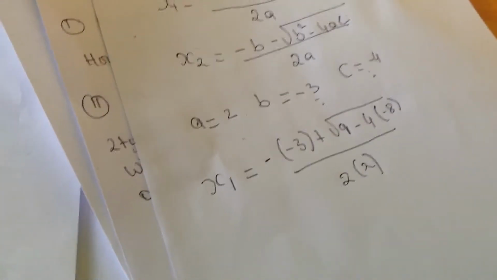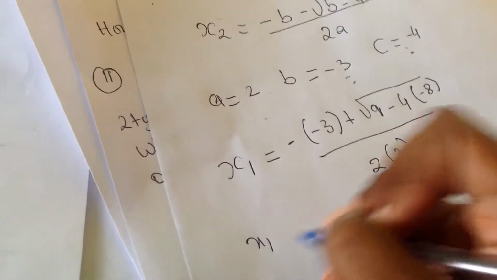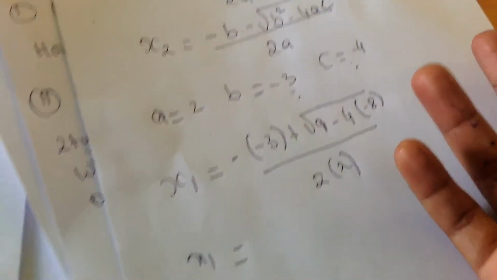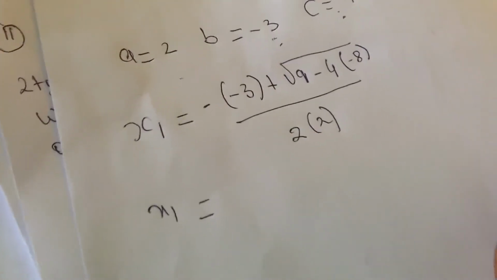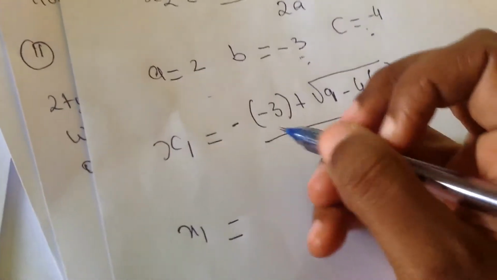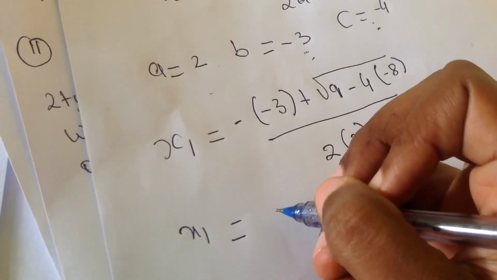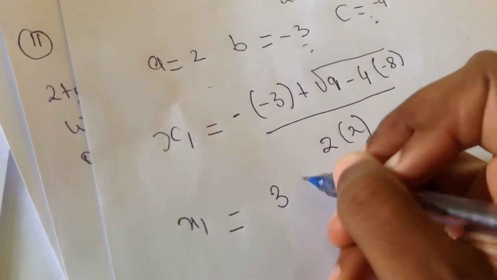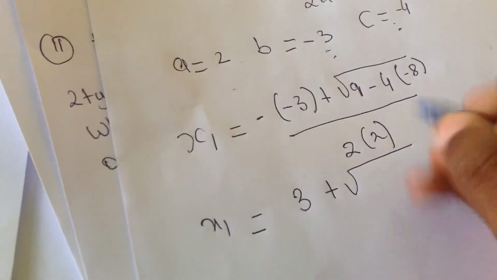So that's the x1. So then your x1 will now be, you can break it down for those who are supposed to show this. This is what I'm doing. If not, you can use your calculator straight ahead. So you have negative, so you have 3 plus the square root of 9